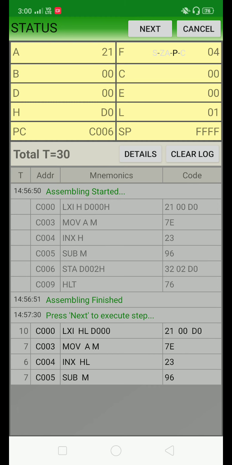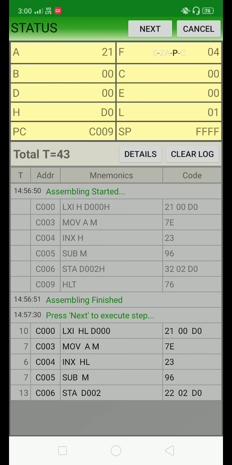In F register we can see here P means parity flag bit. Next instruction is to store this result 21 hex in the memory, that is D002. So next instruction is STA D002. Just click on next. Okay, STA instruction gets executed, and your result which is available in the accumulator, that is 21, is stored at memory location D002.